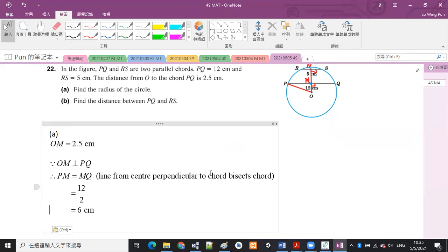OMP, this is a right angle triangle. It is already given that OM is 2.5, and then we have found PM to be 6 cm. Then we can find the length of OP by using Pythagoras theorem again, right? So